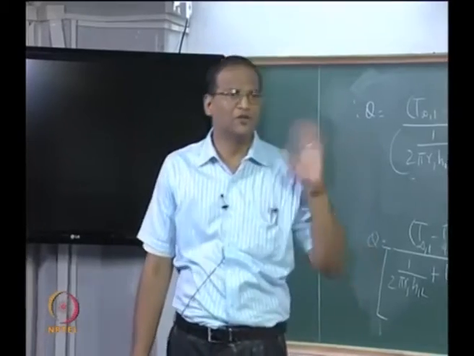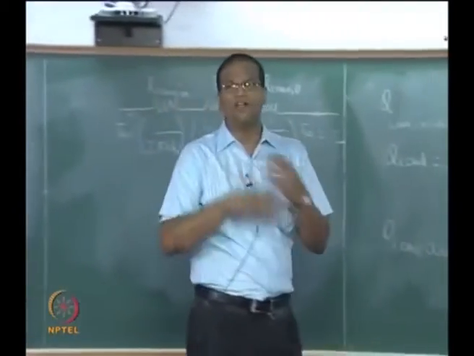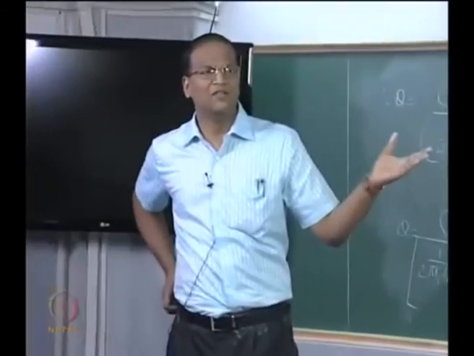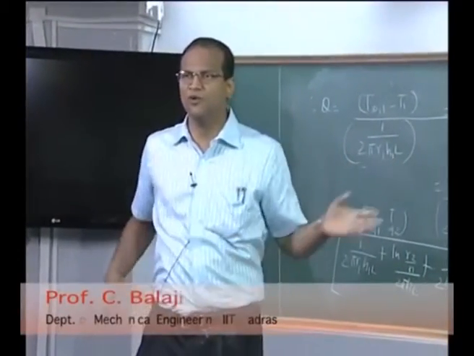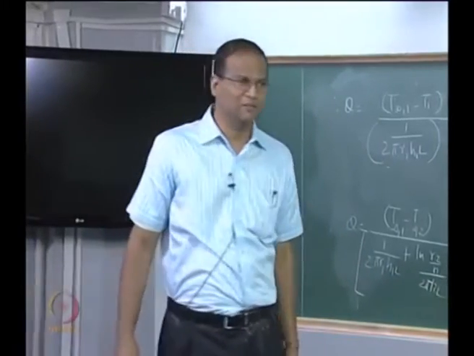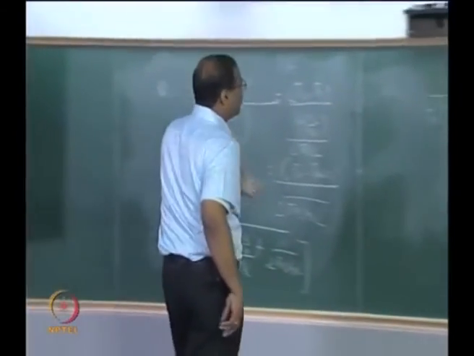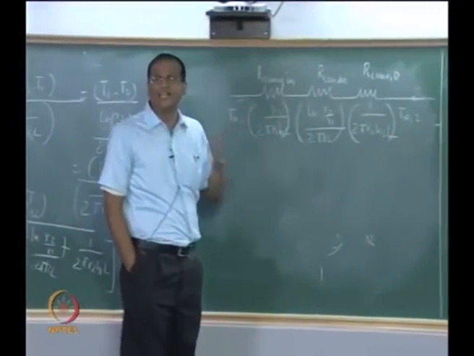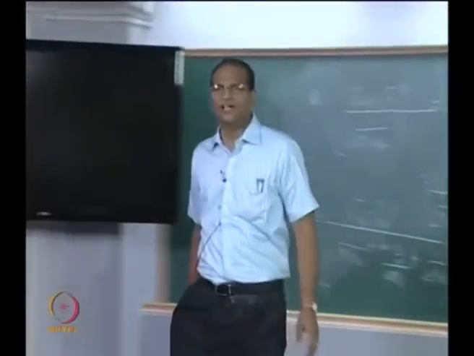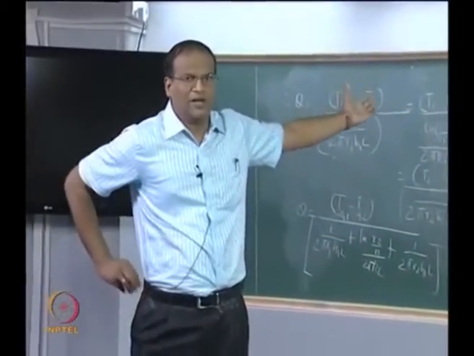So the outside temperature should not be more than 65 in all these open ends because somebody will go and touch it. So you will have to keep on insulating, and also you do not want the steam to get cooled by the time it leaves the boiler room and goes to the turbine room. You want to exploit the full enthalpy of the steam. So when you come to insulation design, all these things will come. You can also work out what is called the critical insulation thickness, which you must have done in your undergraduate heat transfer course. So we can use the dividendo componendo rule and arrive at results like this.